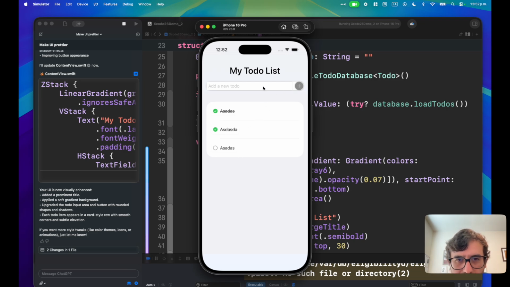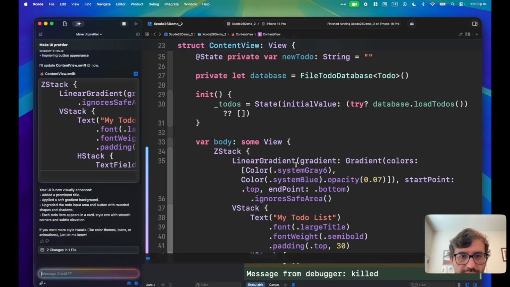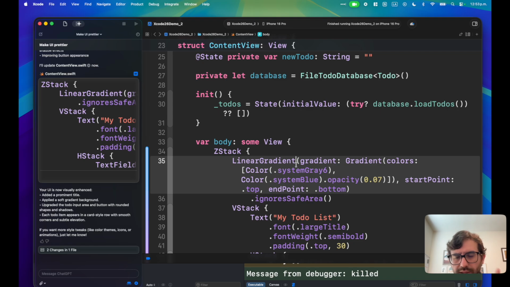Okay, this is weird. Well, okay. It's just making the to-do rows larger, well, a little bit higher. Okay, not bad. Okay, my first impressions are that this is well integrated in Xcode, which is something that I